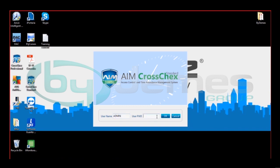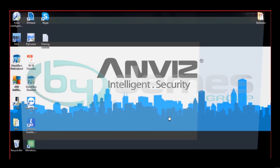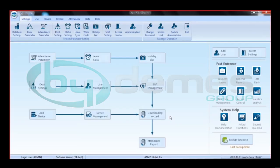I don't need to complete anything. The username is admin, with no password. Just click OK, and I have my software open here. Of course, when I install it, I need to put in some user information, at least the name, the email,